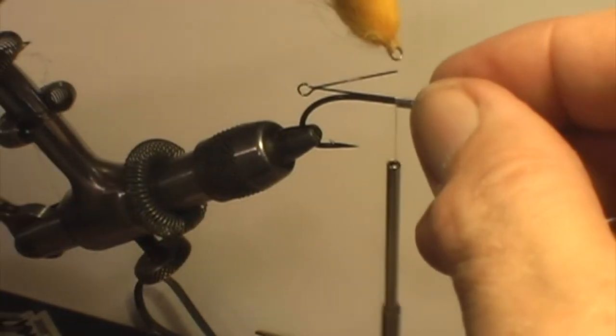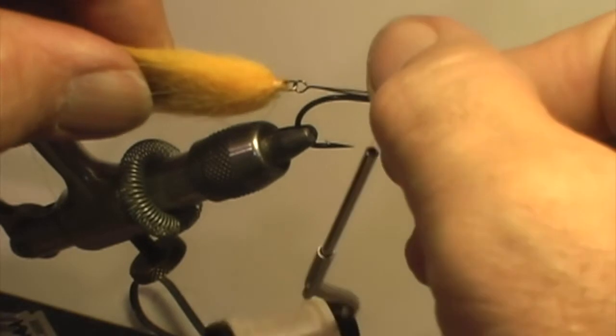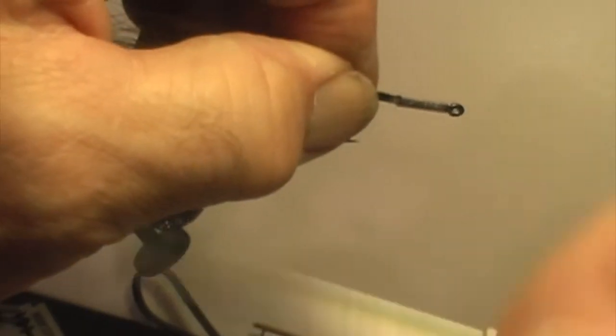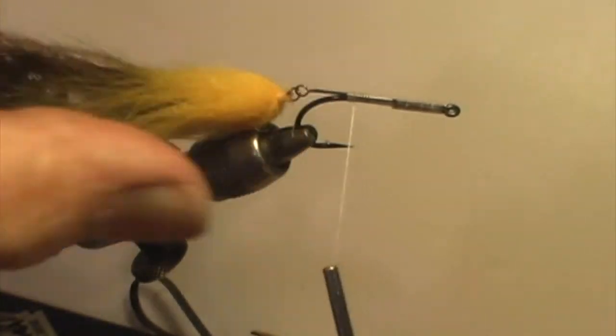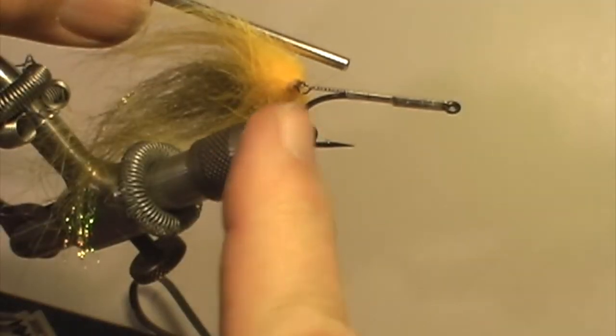Now I'll take my first shank and I'll place that on, making sure that's down on the bottom. So that's basically the tail of our entire pattern. Now in order to stiffen this up a little bit, I'll usually take my thread and wind over that bare part of the shank. I could have made it shorter, but I wanted that good movement, and this will keep it from fouling. It won't allow it to get inside here and foul. If I keep that ring just about at the back end of the shank,